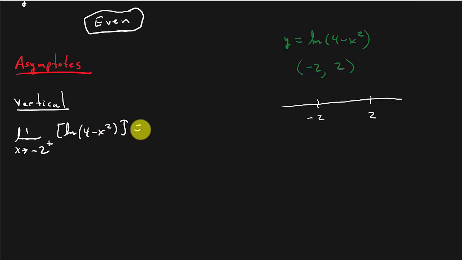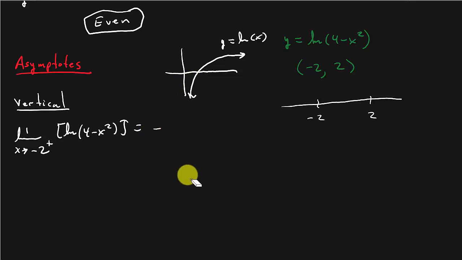Well, if we're coming into -2 from the right, we're plugging in numbers like -1.99999. You see that? And that's getting closer and closer to taking the natural log of 0. And if you look at the basic natural log function, it's going to look like that. Notice, this is y equals natural log x, and as we get closer and closer to taking the natural log of 0, you can see the function goes to